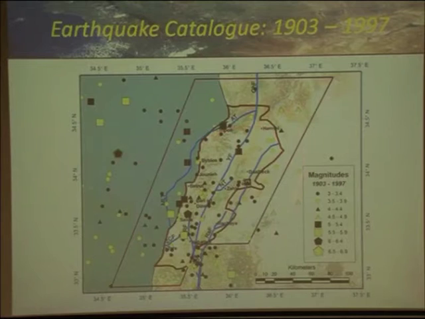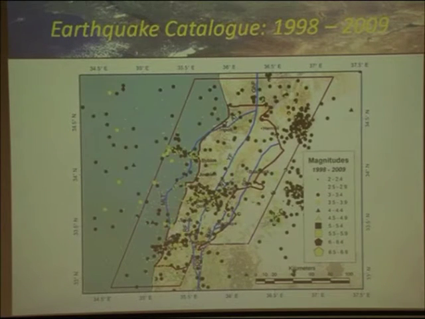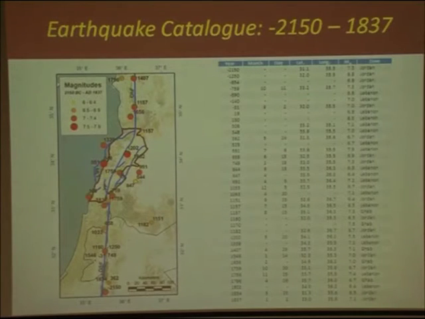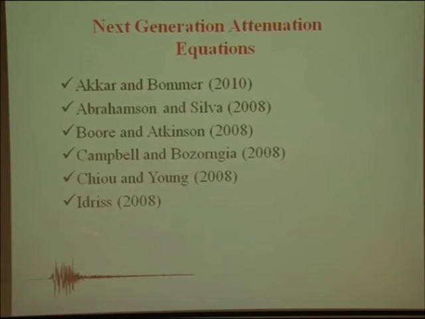We collected, again, the instrumental data, we updated our catalog with the help of Hannes Observatory. Please go ahead. We took all kinds of earthquakes. This took about 3 years of study, I mean, of research, and then we took the major earthquakes, again, like we did in the past. We updated also our catalog. We found there are earthquakes that were not accounted for. And we used the most recent attenuation equations, which are very important, by Carr and Bomer, 2008, 2010. We took all of these and we tried them, and we came up with a new map